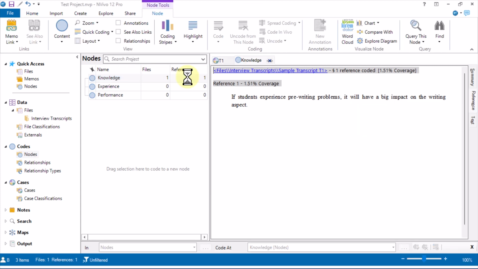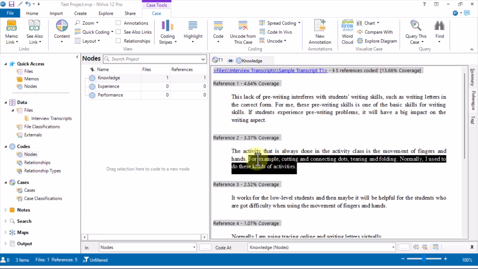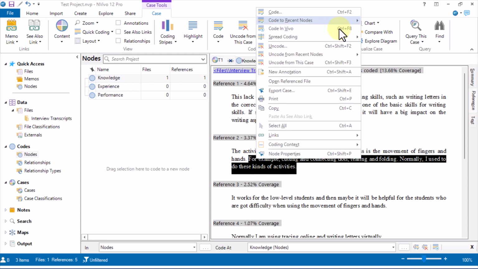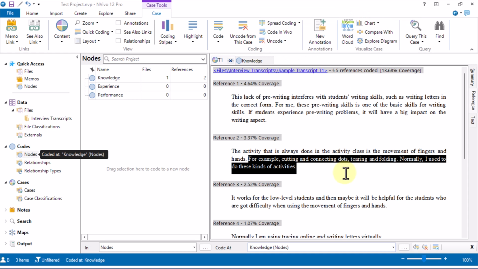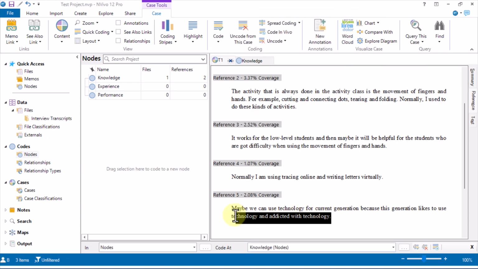You can see that I have coded this particular sentence into knowledge. Now you can do the same: right click, reason nodes. You can see there is knowledge over here. You can code into it. Now if you want to code it into experience or performance,